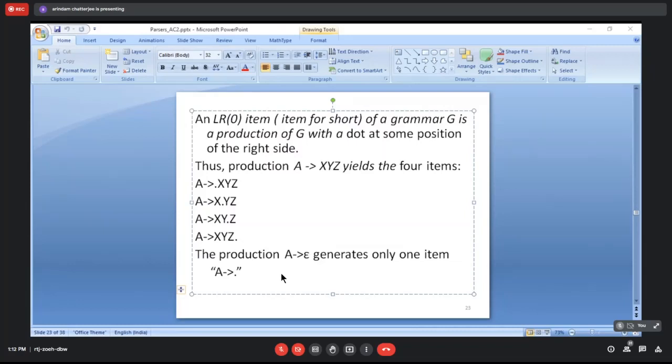Now, I give you 2 tasks. Please note this carefully. One is compute follow R. And the second thing you do is construct I0, and construct goto of I0 comma L, which is say state I2.